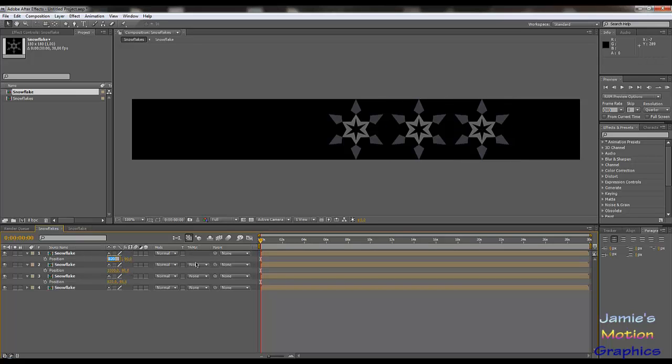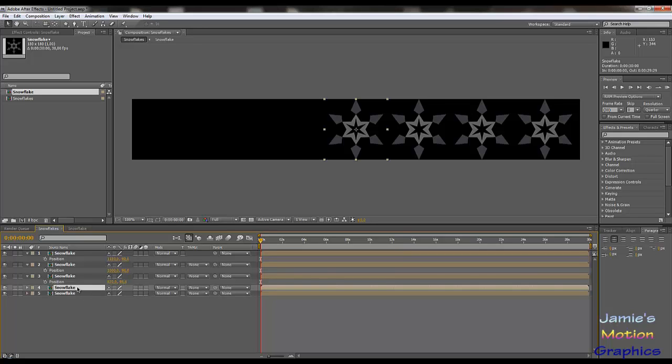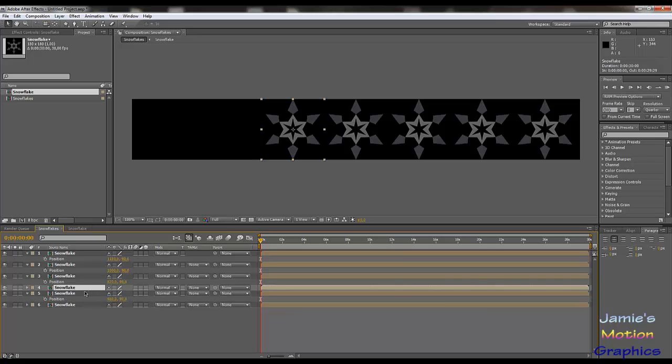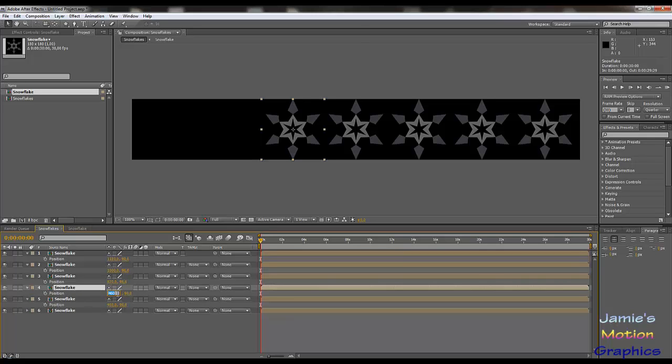I think I hit the minus there, so plus 360. There you go. So that's all we need for that side. Now let's go to the other side and just hit the same thing, only then minus 180. So just go there, should be easy enough. Just hit the P, click it, go behind it, minus 180,